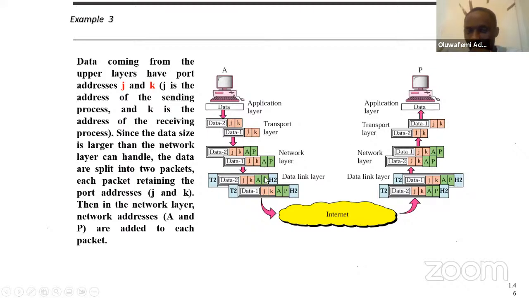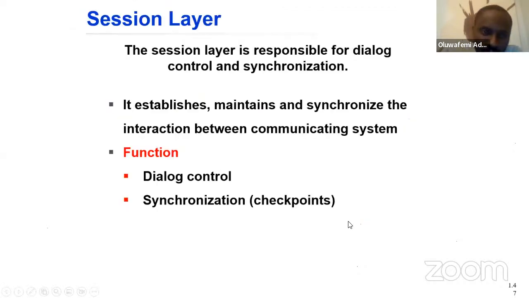What does that mean? That means that every one of them at a different section or different layer has an addition or subtraction, as it were. So at this network layer, ideally, what AP is adding is the destination address and the source address. At the data link layer, the frame is talking about the MAC address. Do you understand? Let me run from here.